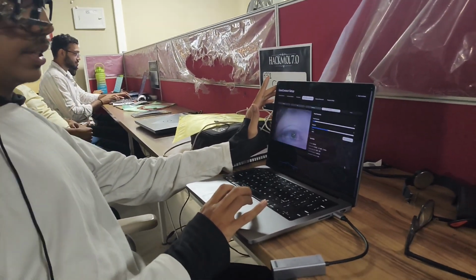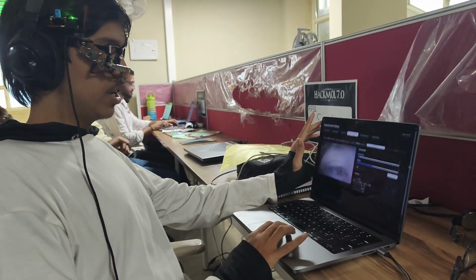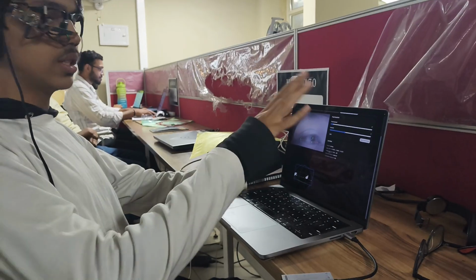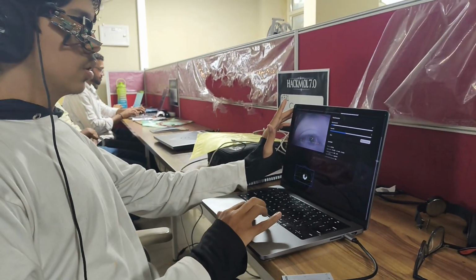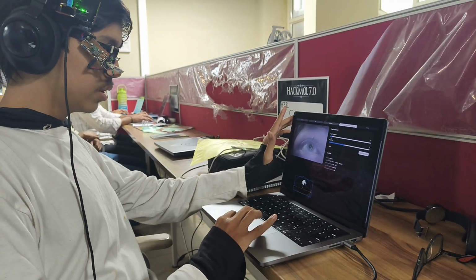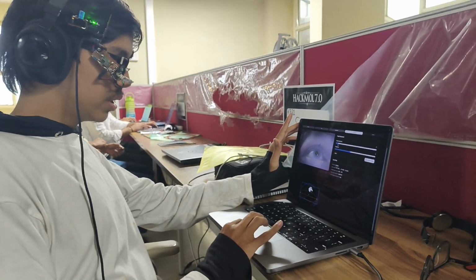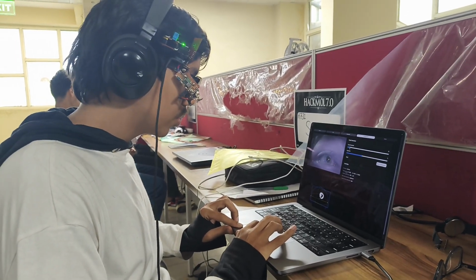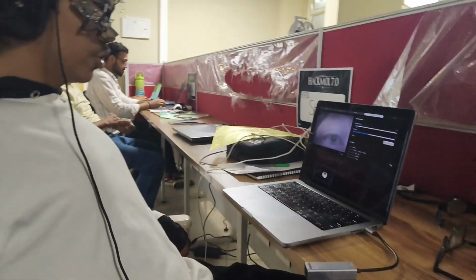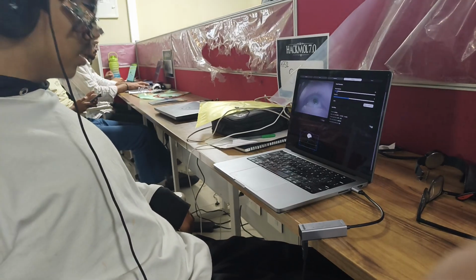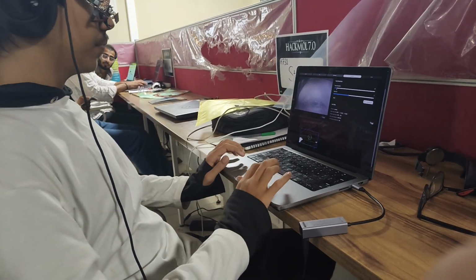Now the next part is the thresholding. Here we do the thresholding to detect the pupil out of all the other things in the camera feed. So here, pretty much good enough. Let me just increase it a little. So this value is good. According to me, this value is good enough that it can almost track my eye on every corner and part. So yeah, this is fine.